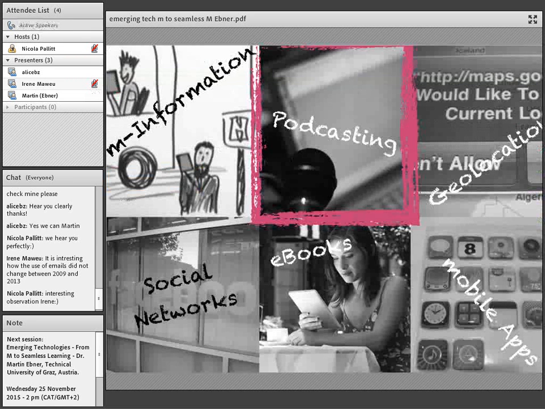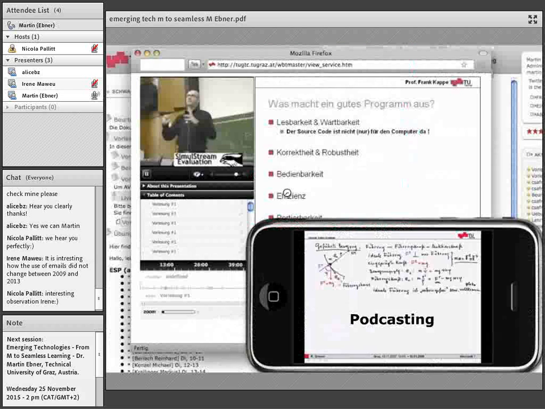The next big part is podcasting, because most of our content is now rolled out as podcasts, or more or less podcasts, because we are talking nearly about so-called videos. We are bringing the videos to the mobile phones or smartphones so that the learner can use and learn on the move when you have time, maybe in the train or whatever, and take a look again at what was in the lecture, and can also repeat it, or simply learn.